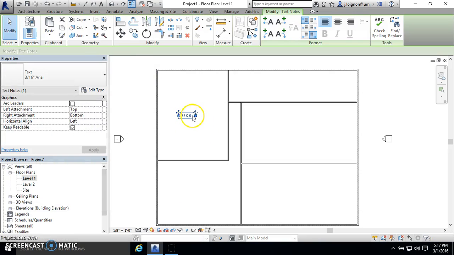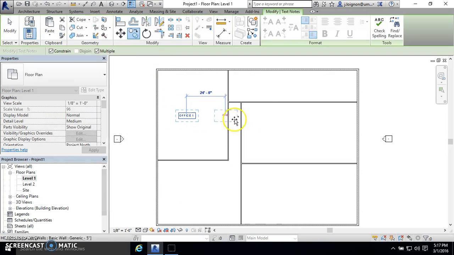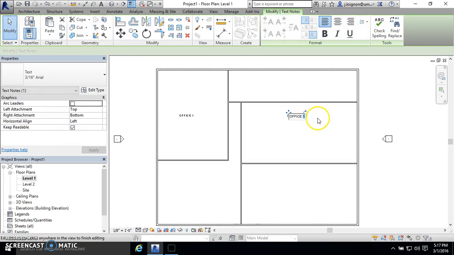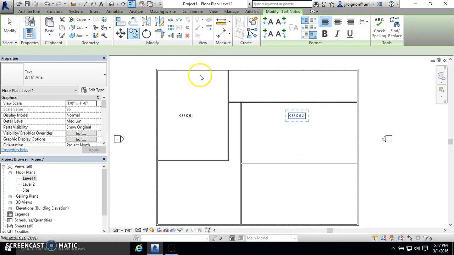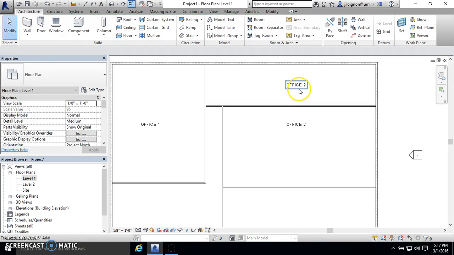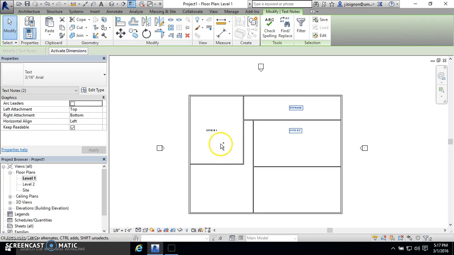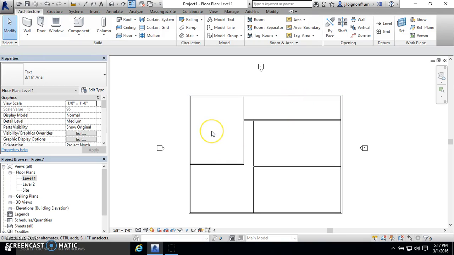But that's a quick way that you can do it, and then you can copy it over if you want to. Maybe this is Office 2, and maybe this is storage or something. You can do it that way to quickly get it done, but it's probably not the most efficient way,